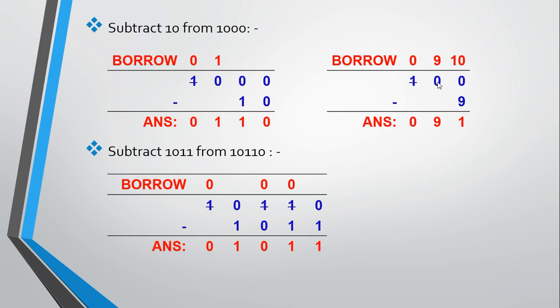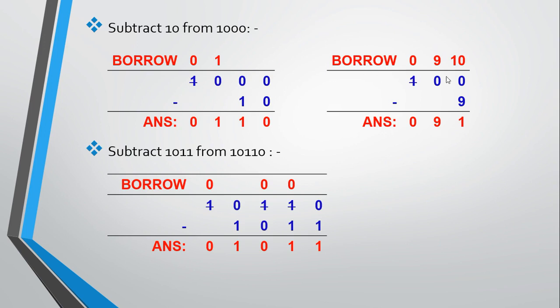But over here also 0 is there. So what you need to do? You need to consider the next higher order, which is 1 in this particular case. So we take it, and 10 is given over here, 9 is given over here. So the output would be 91 in the decimal number system.